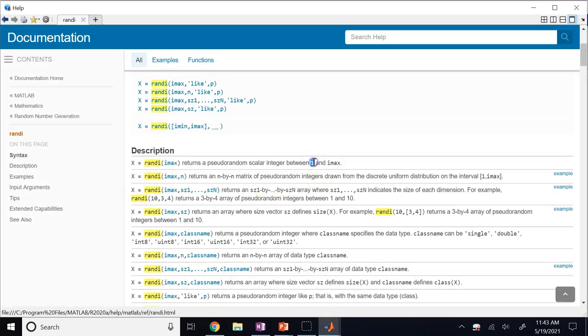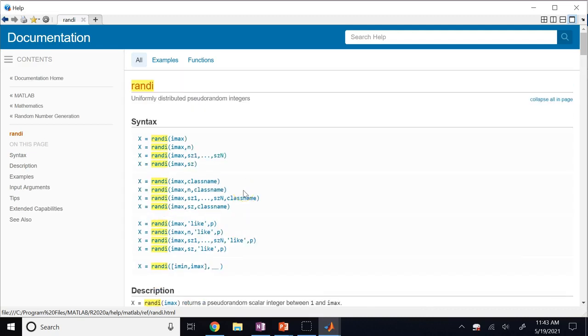It's between 1 to I max. You see, I forgot myself, and that's okay. It's between 1 to I max, not 0 to I max, and that's okay. So you don't have control over the beginning of this, okay? You only have control over the end of this, but of course you can add and subtract and create random integer numbers, but it acts again similar to rand, and it comes from a uniformly distributed, as you can see,